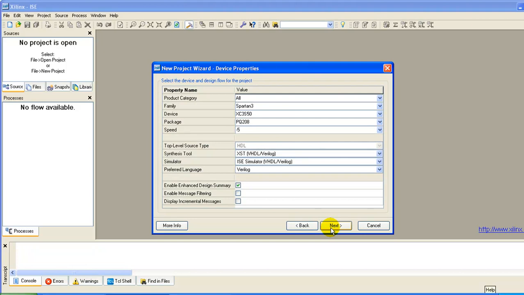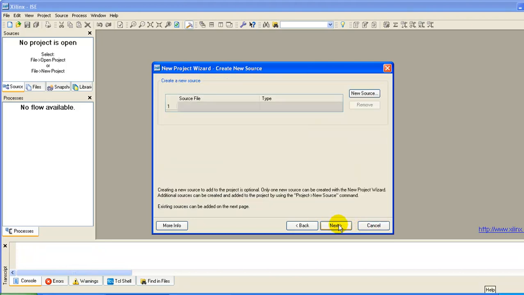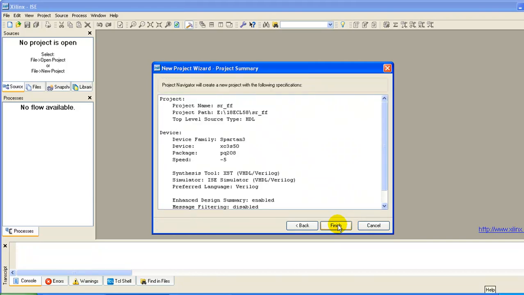Press next. Make sure that the appropriate FPGA family name, device name, package, and speed are properly selected. Family Spartan 3, device XC3S50, package PQ208, speed -5, and the preferred language is Verilog. Press next. Next, next, next, and finish.